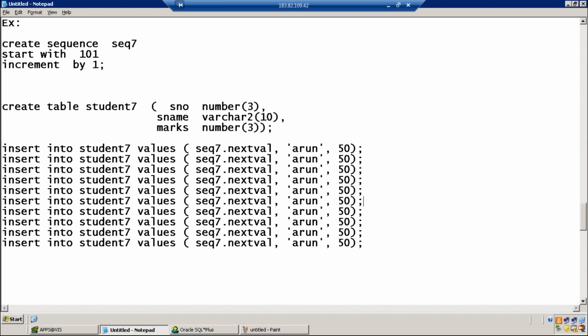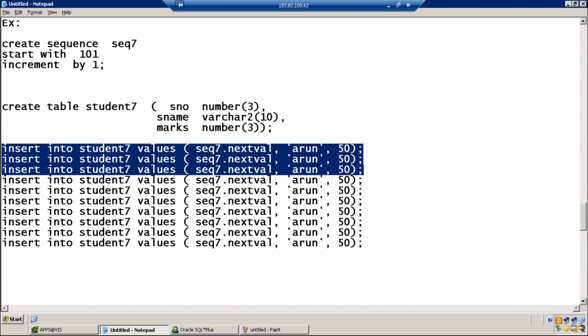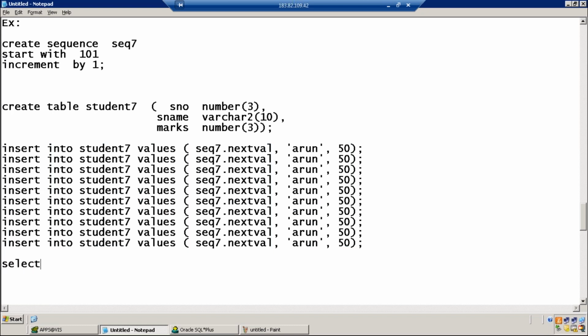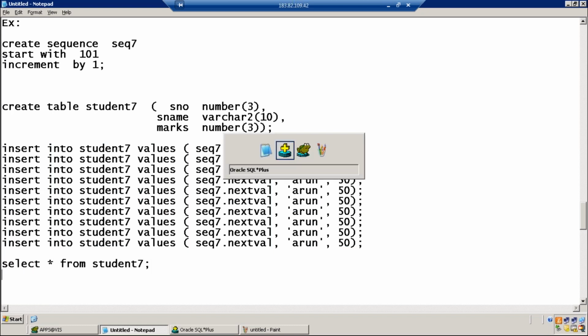How many insert commands am I writing? 10 insert commands. So when you write select star from student7, you should get 10 records.